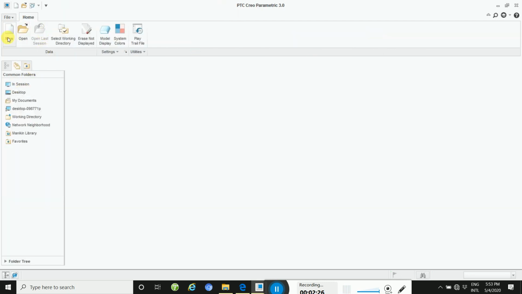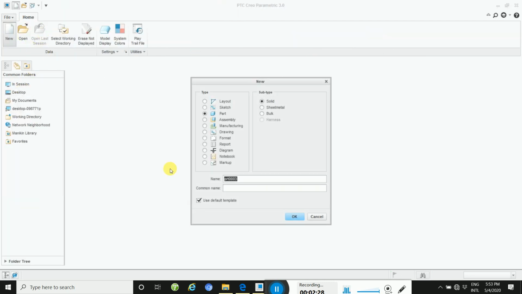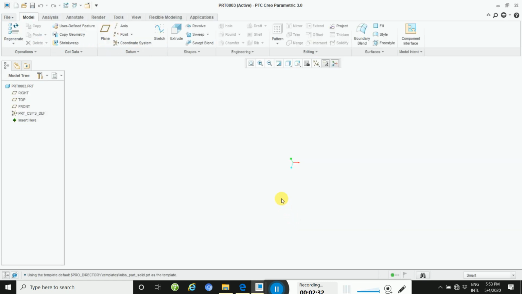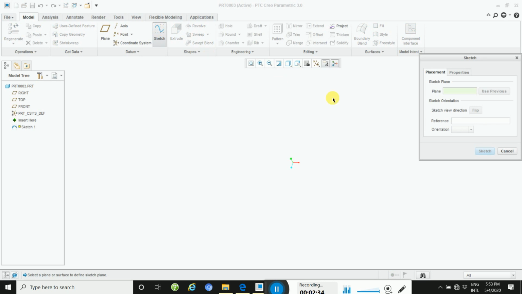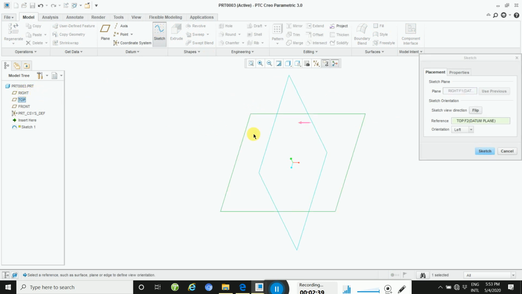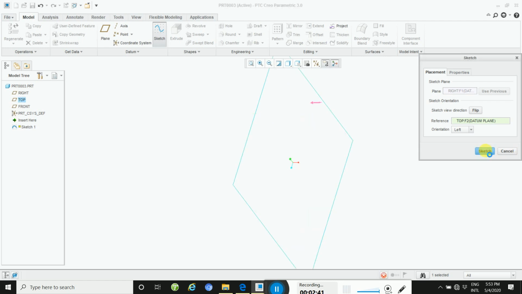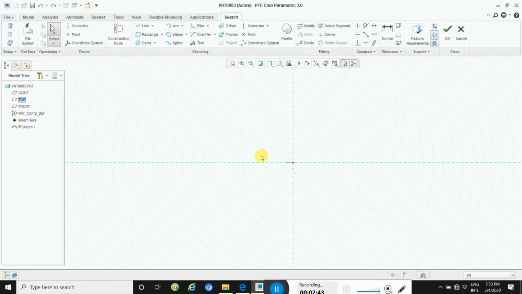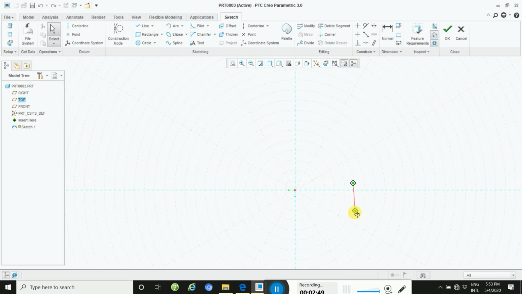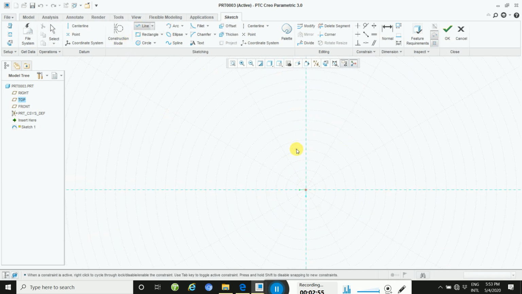Then go to New, then Part, then OK, then click on Sketch, then take any plane. Then sketch this way. Then start with the mouse middle button and Shift to orient the view.